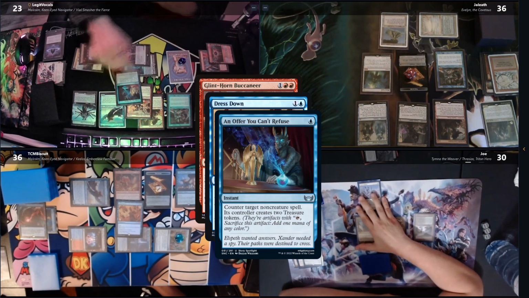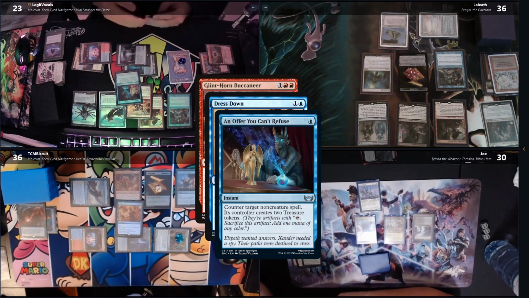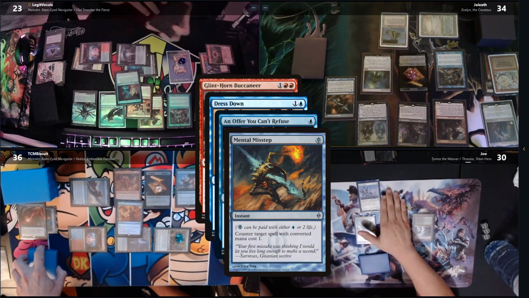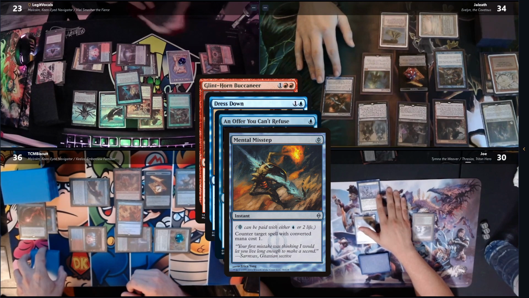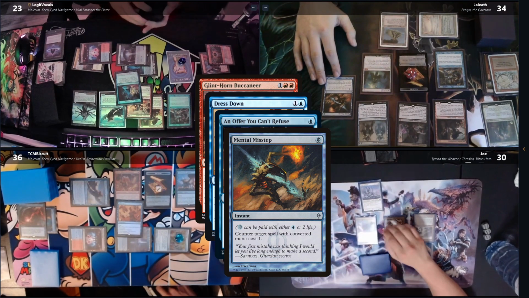An Offer You Can't Refuse, targeting the Dress Down. Mental Misstep, targeting the offer, most likely. But we gotta pay for the Wonder Archaic, otherwise it's not gonna matter. Yep. So this is when the politics get real. Right? Yeah, this is very...